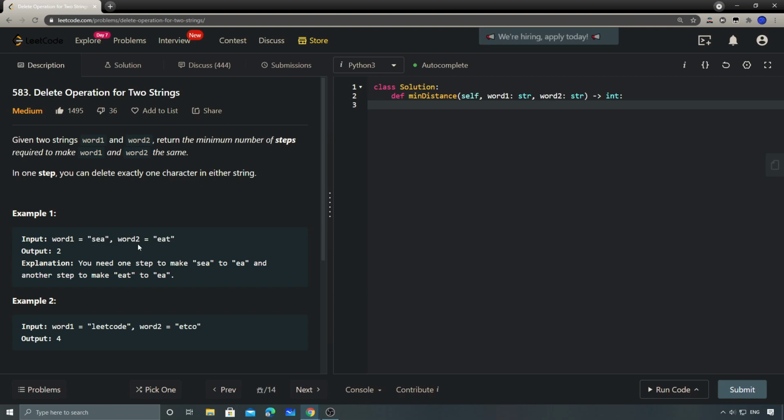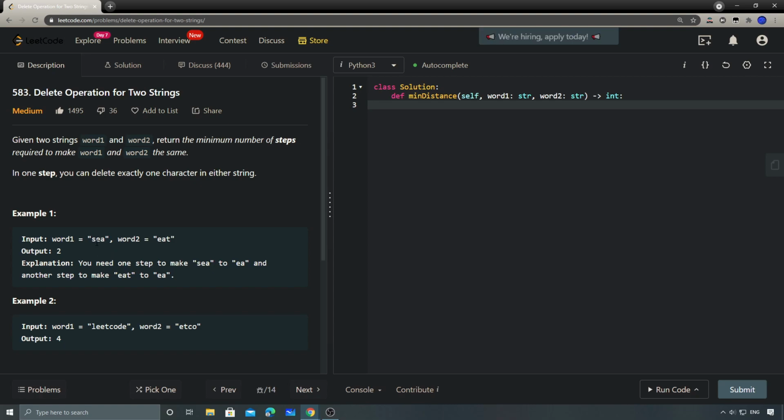Let's say for example, if the S and the E are different, which one do we want to delete? We don't know, right? That's why we should look at this problem a little bit deeper. In order for us to return the minimum number of steps we need to remove from both strings,